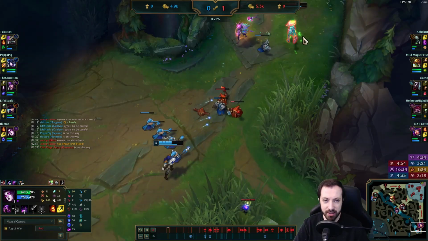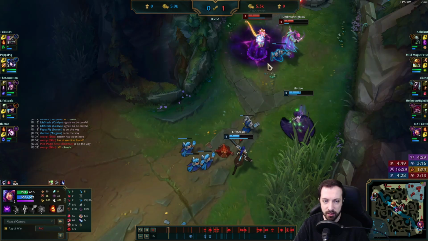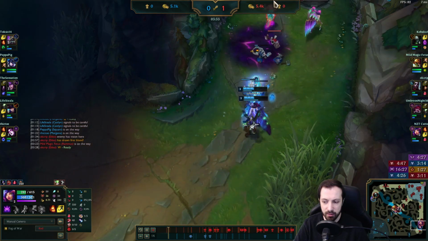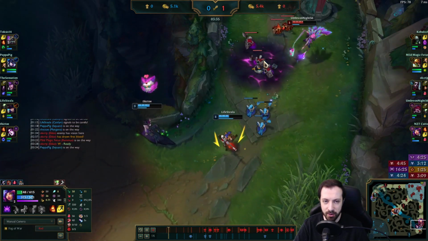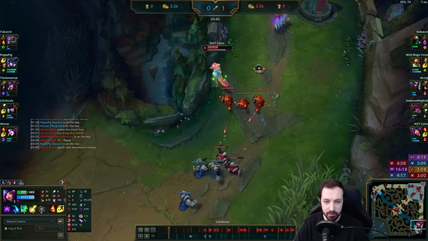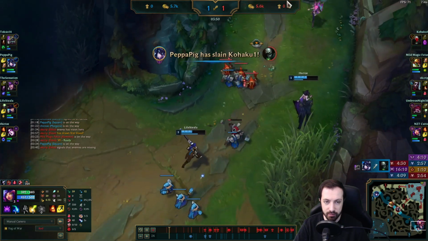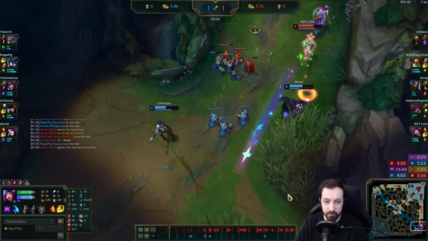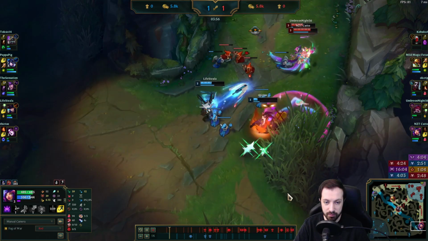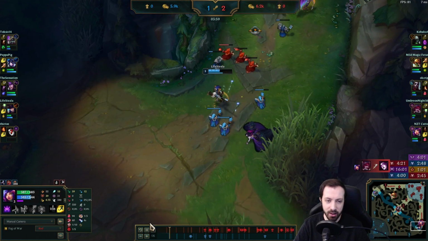Okay, her Black Shield is down, and you have root up. When you hit level 3, you need to go in hard. Okay, never mind. You wasted your root. Ah, nice job. One thing I would say is maybe it's because you're low elo why this is working out,